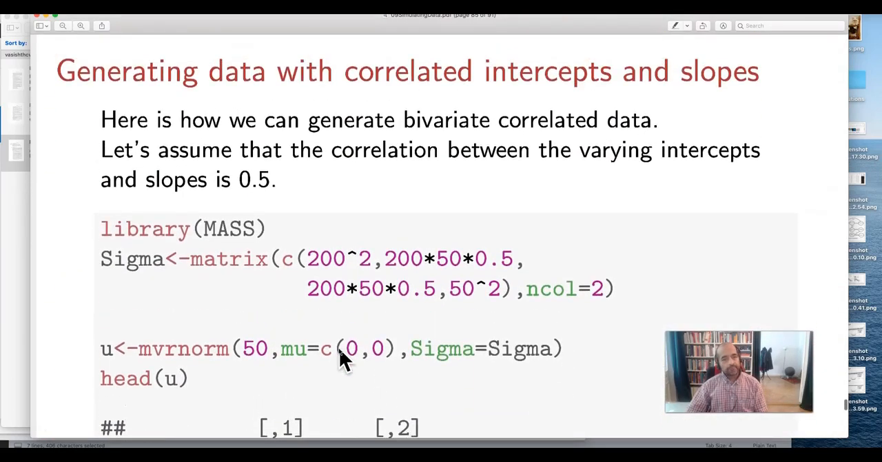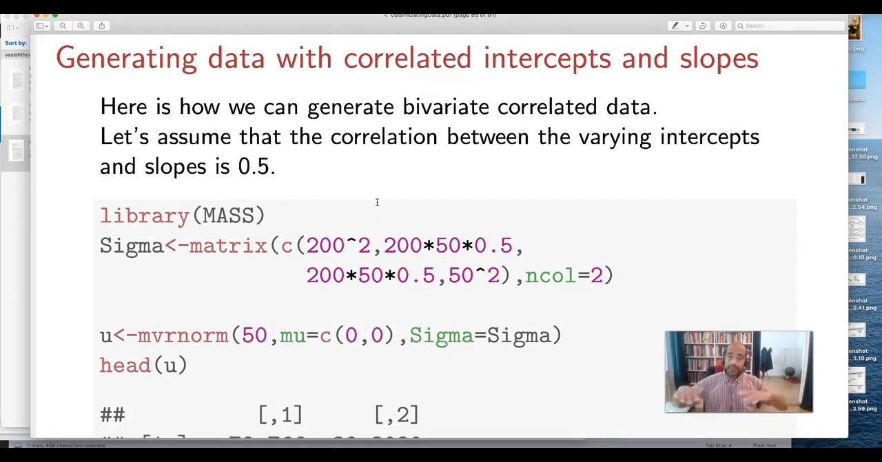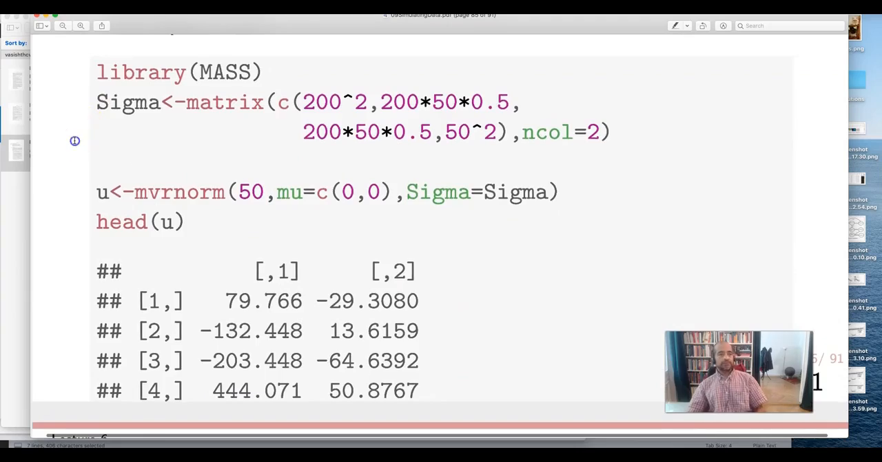And the next topic that I will cover now is how to generate data with correlated intercepts and slopes. Okay, so the way we will generate correlated data is that we will have to use the bivariate distribution, right, which I have discussed already in the course. So the way we will do this is that we will use the library MASS and generate a variance covariance matrix and use that variance covariance matrix and the multivariate rnorm distribution from the MASS library to generate